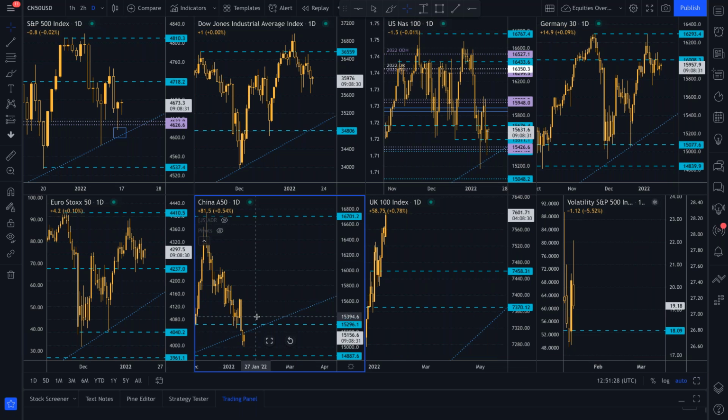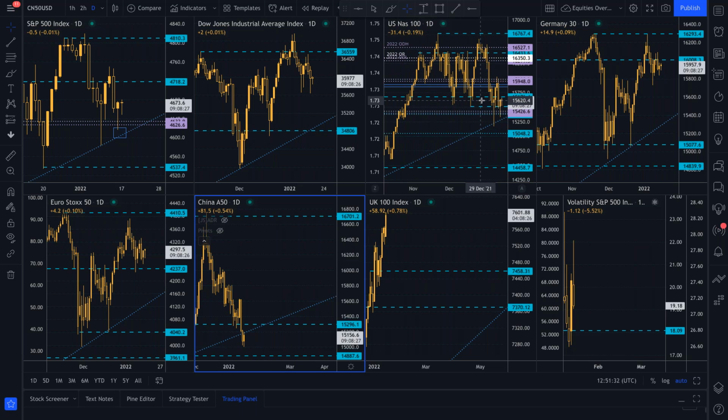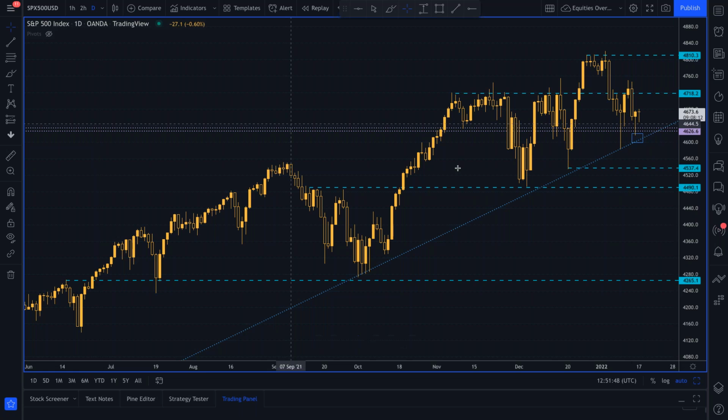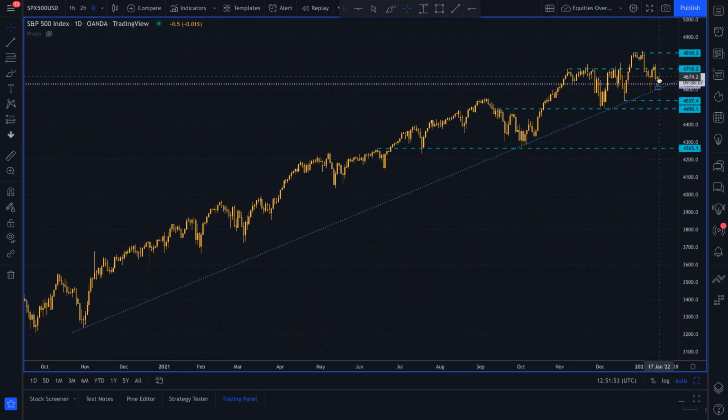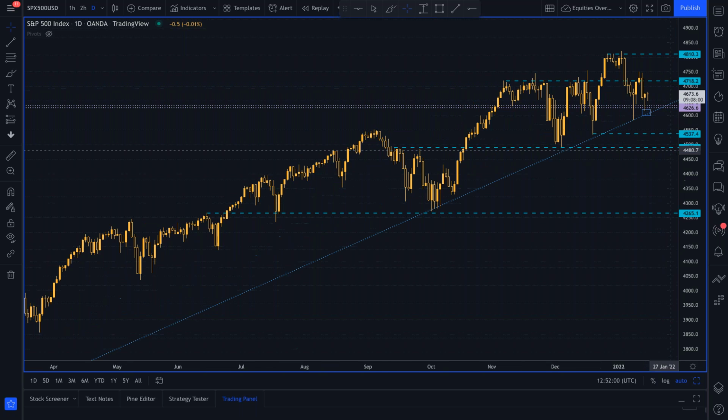But do look at the China A50; it's worth looking at. But that's the situation with stocks. The key thing to look at is corporate earnings. So going forward from here, if you start seeing corporate earnings missing expectations and crucially revising earnings down, then we can see another leg lower in stocks. So the key thing here is if you are long stocks, make sure you're managing risk. In other words, if we do see a correction down to 4,265, don't be the person that buys in at 4,700 and then is waiting through a correction as price goes down to 3,900 or 4,000. Pick your levels.